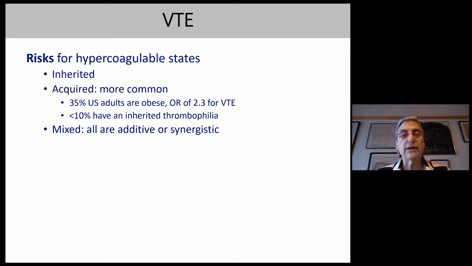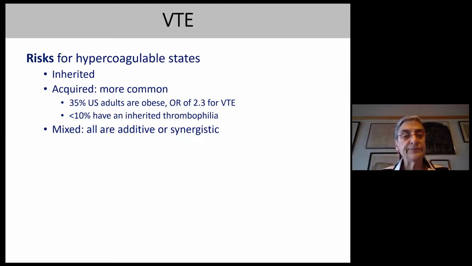But I will start by talking a little bit about other hypercoagulable states and how we evaluate for them. The risk for hypercoagulable states can be inherited abnormalities of the clotting cascade, but far more common are acquired, since obesity increases the risk for hypercoagulability and is much more common than the very small percentage of people with clots who actually have thrombophilia. And all of these states are additive. So if you're obese and you're pregnant and you have surgery, or you're obese and you have surgery and are at bed rest for several weeks, all of those things add to your risk of